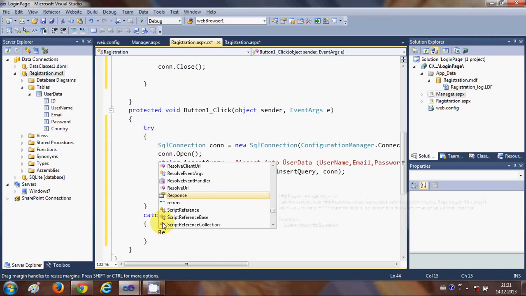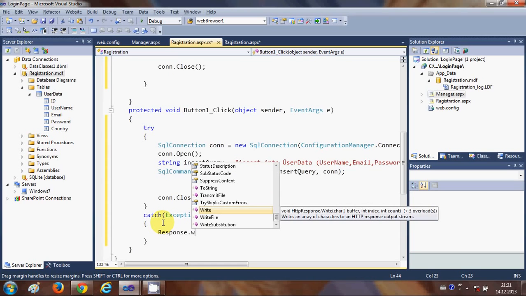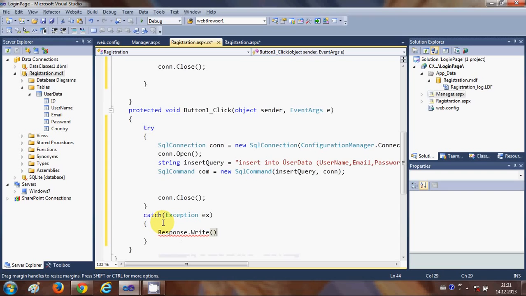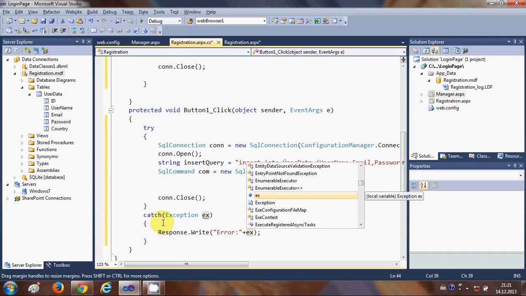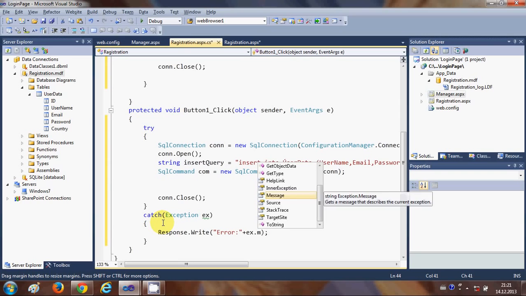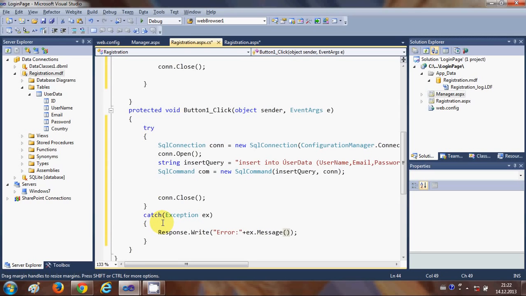and you can show the message, or you can write response dot write, and in the bracket you can pass, you can say error, and then write plus ex dot message. Okay, now, or instead of this message, just write ex dot toString. Okay,